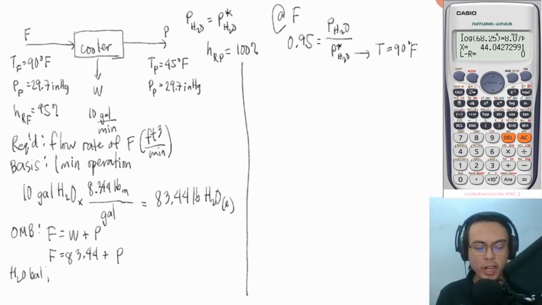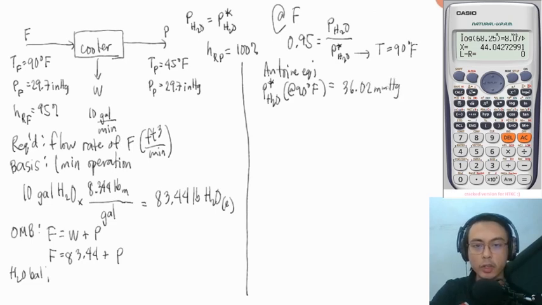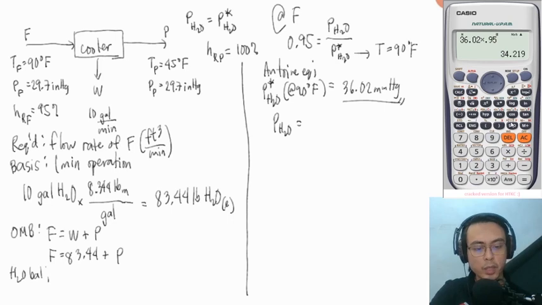Okay, so I will be writing it here using the Antoine equation. The vapor pressure of water at 90 degrees Fahrenheit is equal to 36.02 millimeters of mercury, which we can later convert to inches of mercury or vice versa. Okay? So now that we have that, we can go back to the definition of the relative humidity and solve for the partial pressure of water, which is 0.95 times 36.02. 36.02 times 0.95. That is